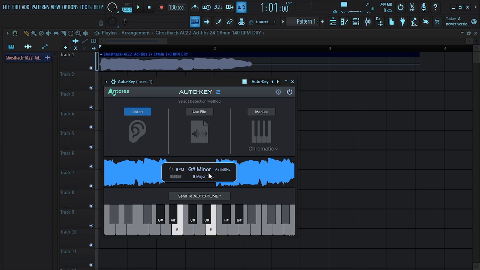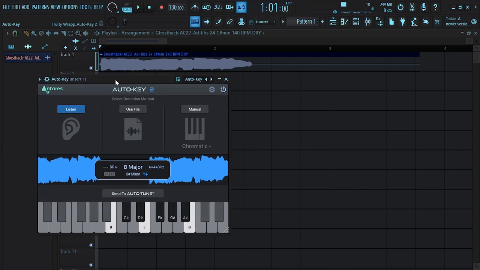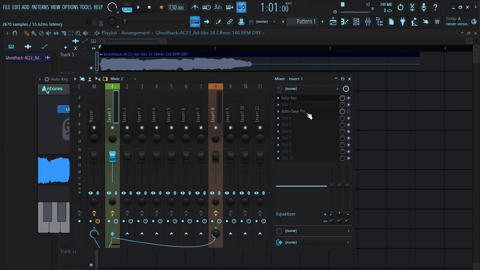So now it has detected the key to be G sharp minor or B major. You can swap keys by clicking on this swap icon here. Alright, now after getting the key or detecting the key with AutoKey 2, all you need to do is to